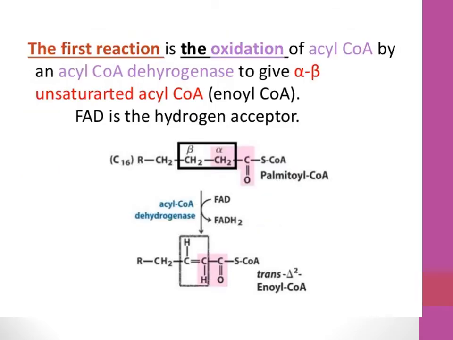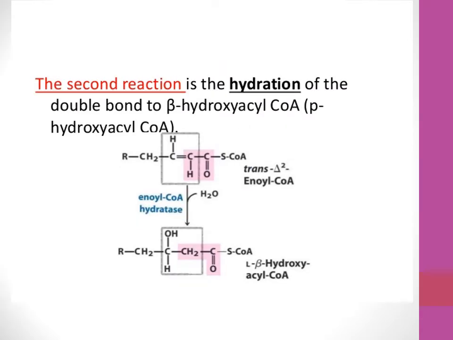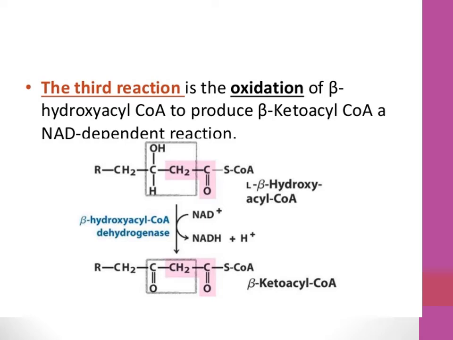First reaction is the oxidation of acyl CoA by the acyl CoA dehydrogenase to give the alpha beta unsaturated acyl CoA. FAD is the hydrogen acceptor. Second reaction is the hydration of the double bond to the beta hydroxy acyl CoA. And third reaction is the oxidation of the beta hydroxy